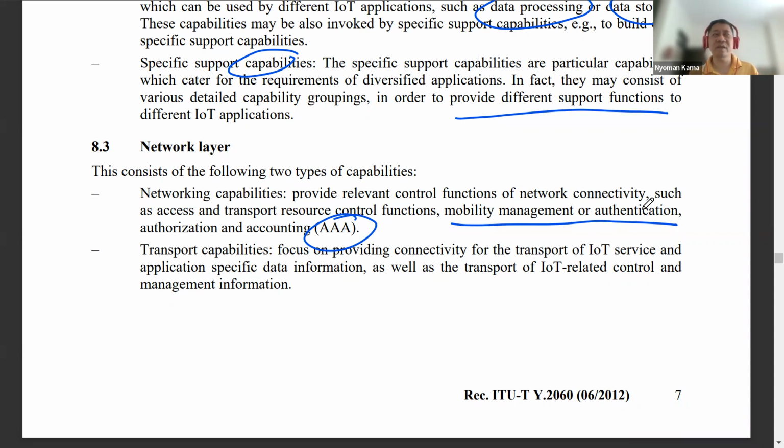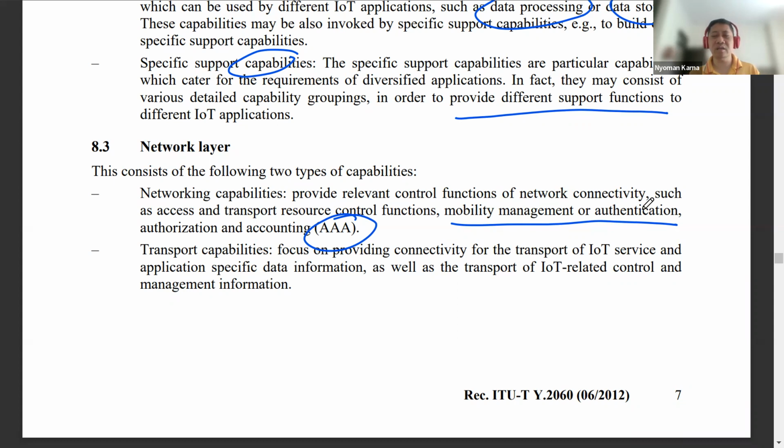And then after a user has authenticated itself, okay, you are a legit user, you can come in. And then what can I do in this system? That's what we call authorization. So authorization will give you a specific role. Okay, you are allowed to delete data, or you are allowed to modify data or update the data. That's what we call authorization.